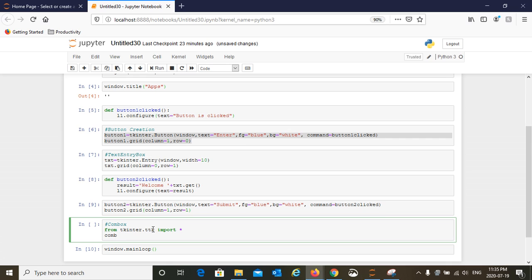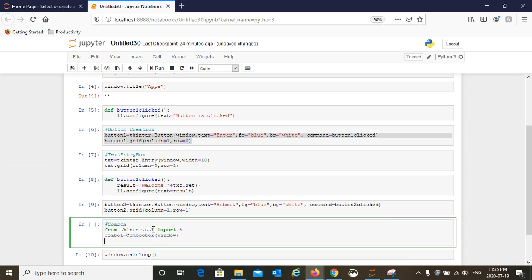So I'm going to say combo 1 equal to combo box, and where is this combo box going to be residing? Of course in the same window, so window, and then you put combo values.